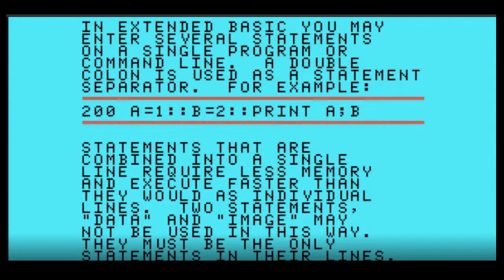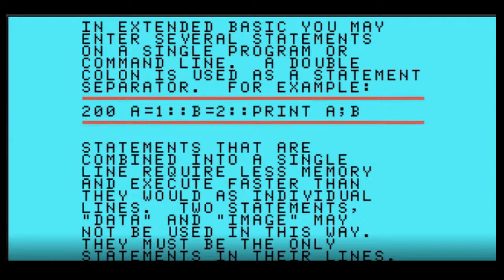Yeah, if you ever read Craig Miller's Smart Programming Guide to Sprites, he advises you to put as many statements together in one line as you can, because, as he says, the TI compiles basic statements one line at a time. So rather than having to do one line, going back, do the next line, go back, do a third line, go back, do them all together.